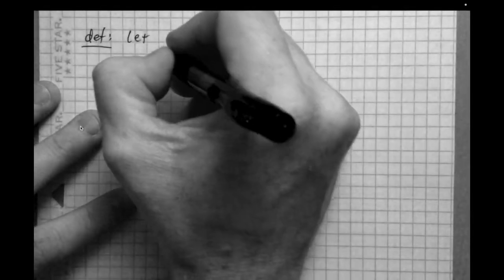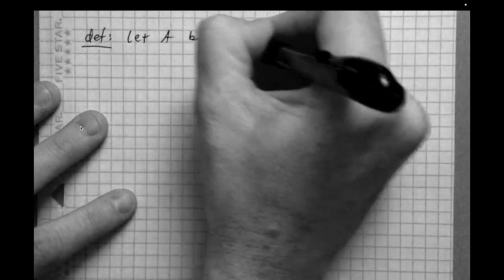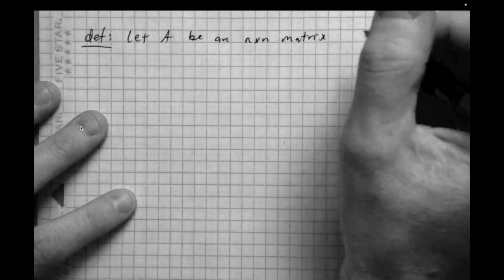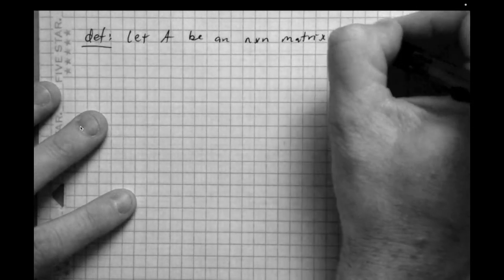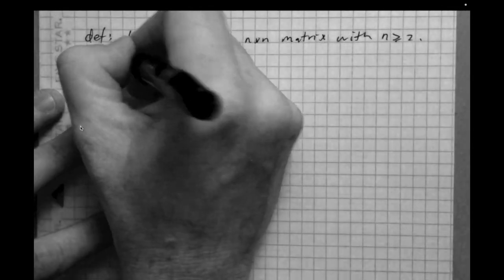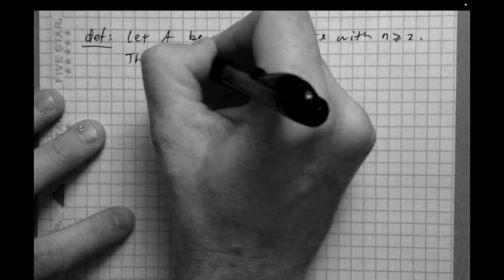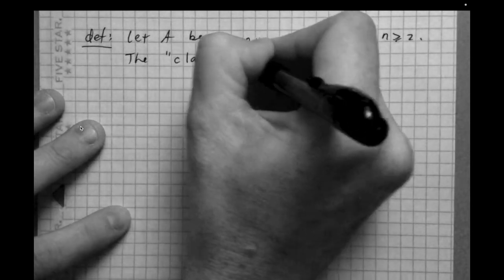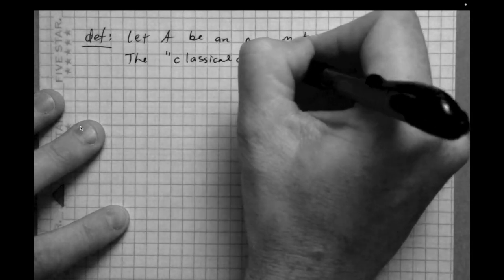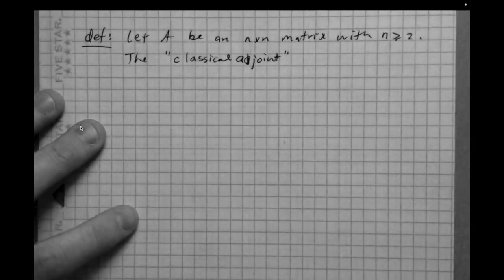So let A be an n by n matrix, and we'll say with n greater than or equal to 2. Then, and this is technically called the classical adjoint, the classical adjoint of A